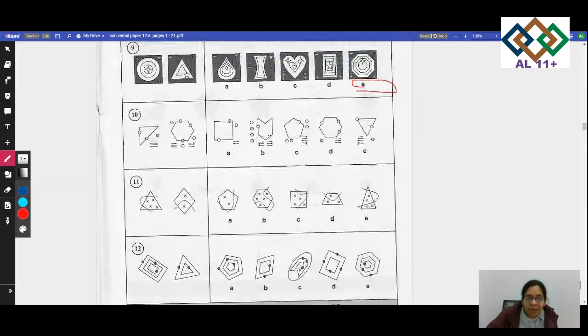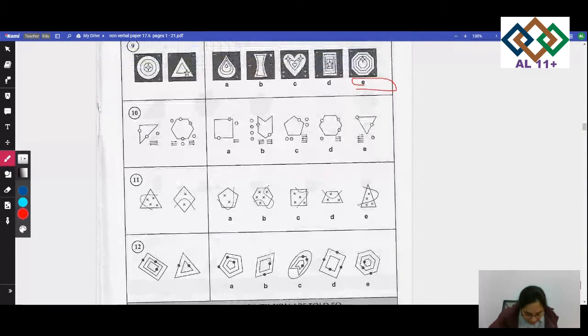In all the figures there must be a small white star, and the number of crosses must be the same as the number of white shapes. Not including the star, the small star must be overlapping the white shape. So they should be overlapping. So that's why it's E for number 9. Let's move on to number 10 now.